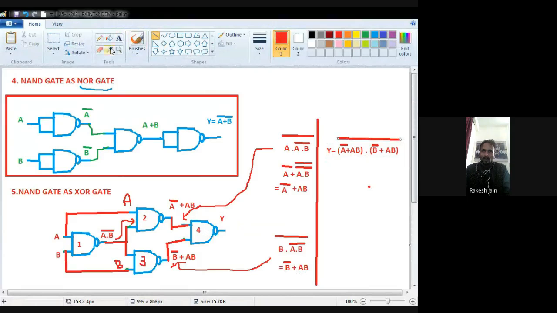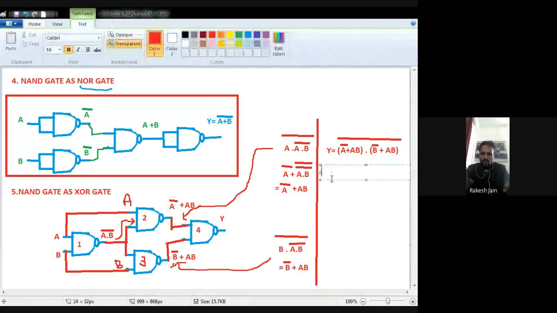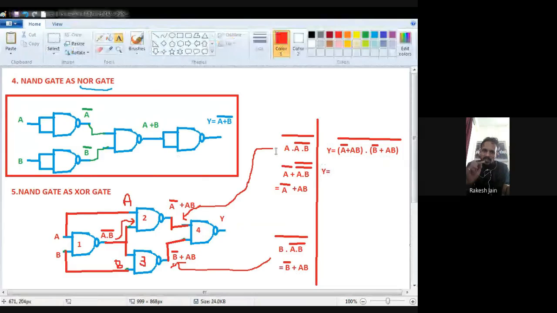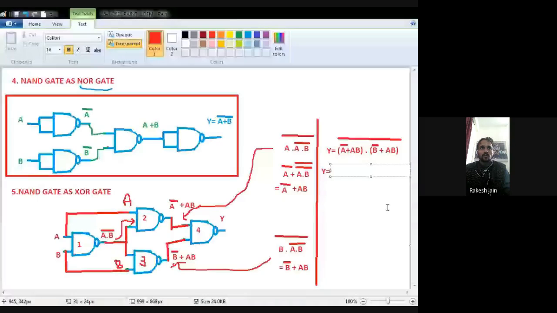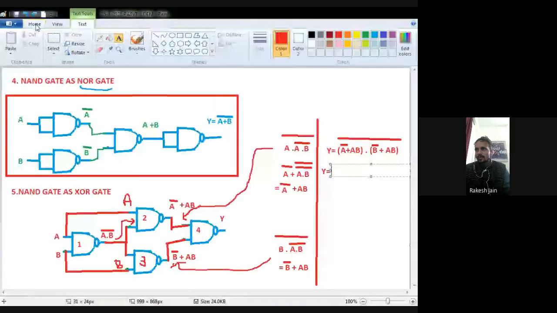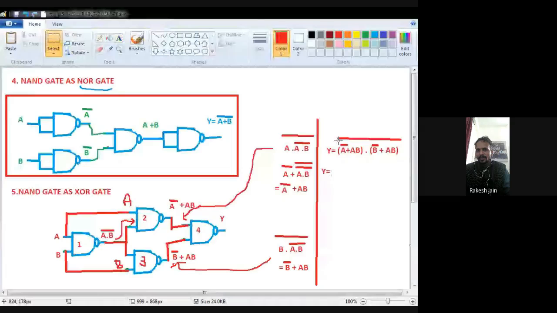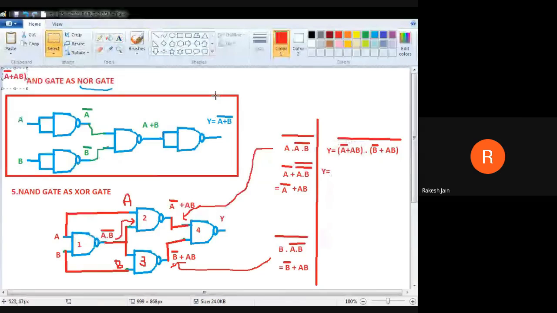Okay. Now we use the De Morgan theorem to realize this, see very carefully. If two things are multiplied with each other having a bar over them, then they will be separated with a bar and a plus in between them. So the first thing is A bar plus AB. I copy and paste it. Just wait for 5 minutes. After the completion, I will repeat it. No problem.